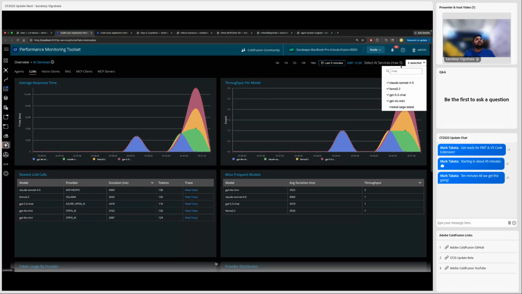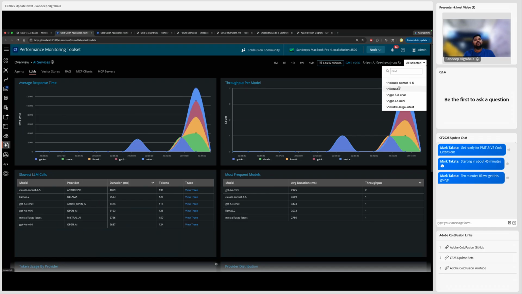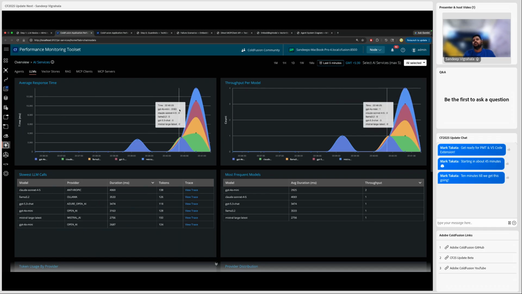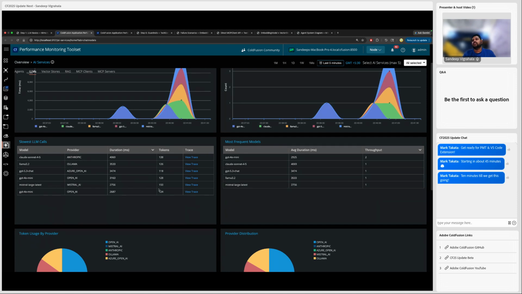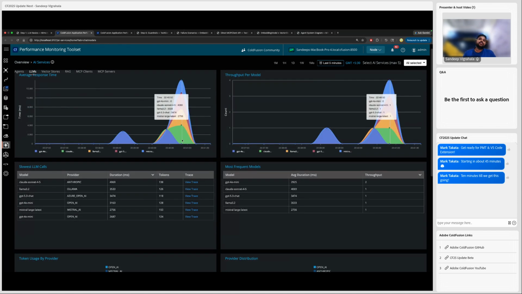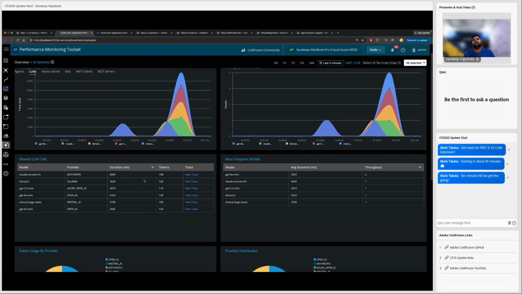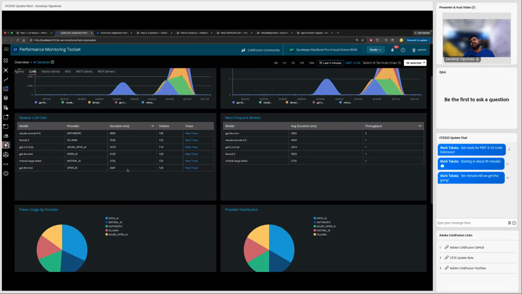So as you can see, we have more models that are available for us to select in here. So now we have data for all the models. Now for the same query, as you can see, different LLMs have taken different amounts of time to process the request, and the number of tokens they consume to reply are different across different models. So this is a comparison view that you can get if you're doing A/B testing across LLMs. It will be much easier for us to get insights into which LLM